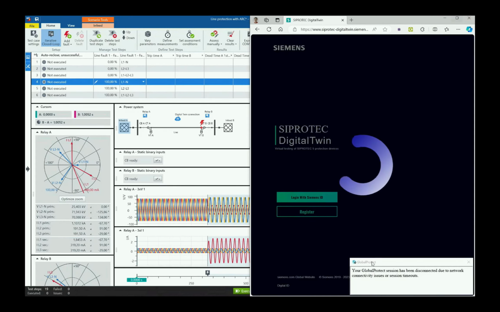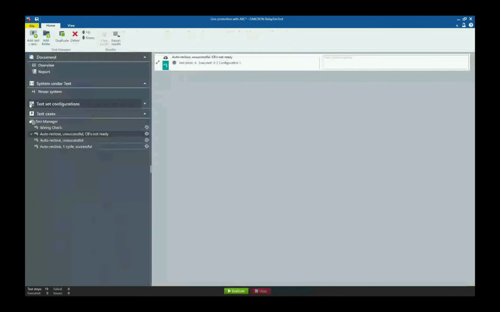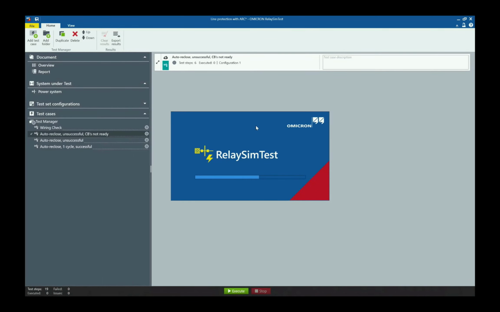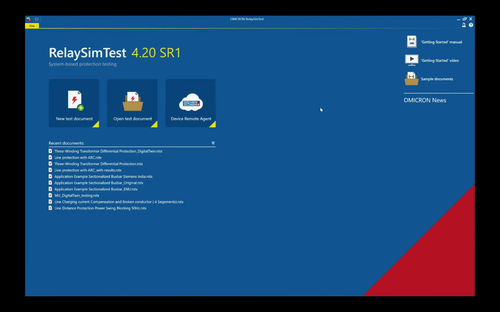So then I will jump to another file where I have already prepared